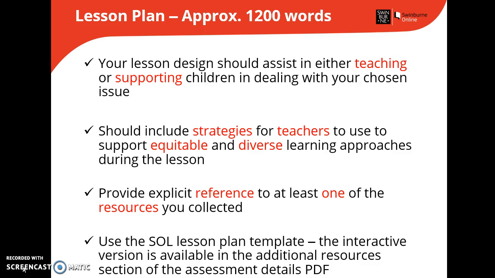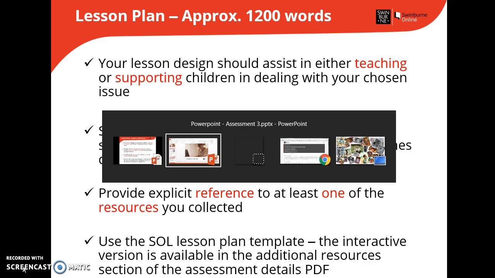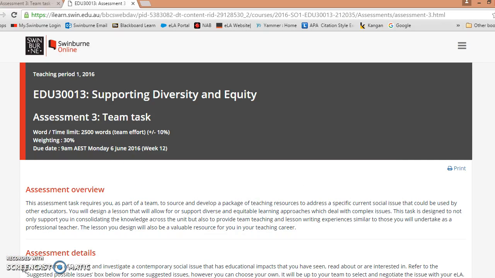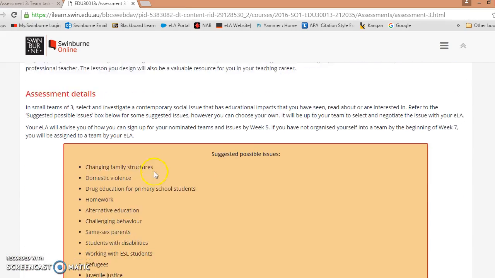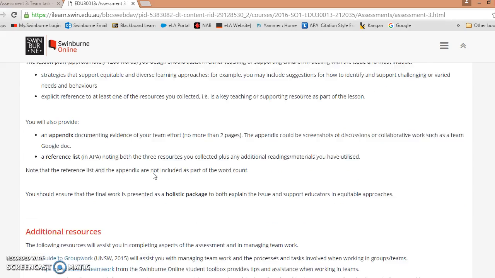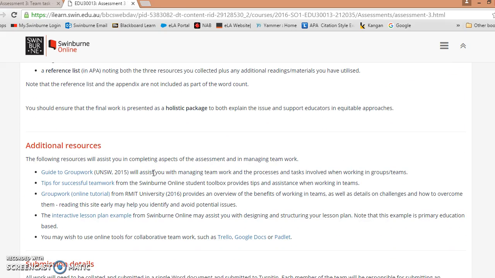Provide explicit reference to at least one of the resources you collected, and you can use the SOL lesson plan template. So there's a link, I might actually show you here in the assessment details. If I just scroll down to the additional resources, this 4th dot point here, the interactive lesson plan example.